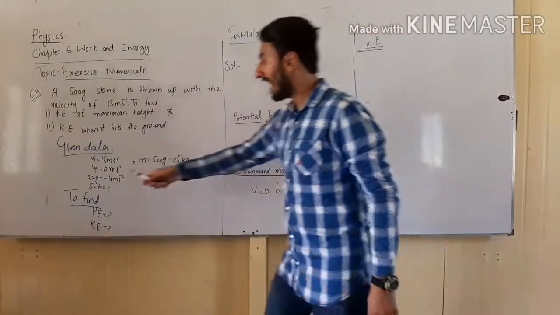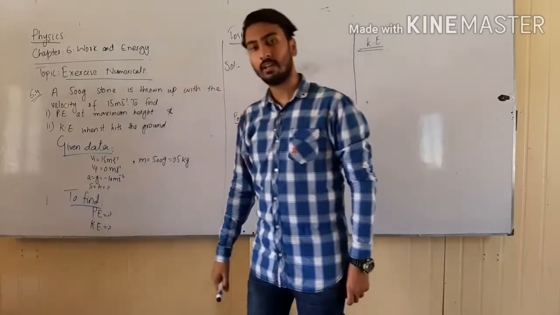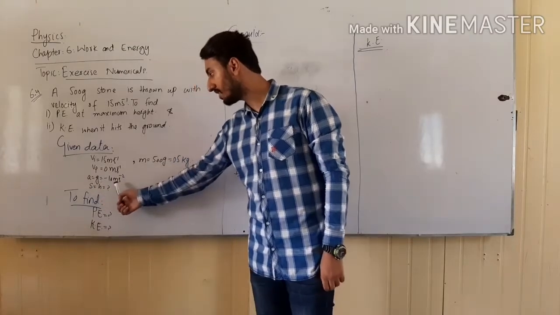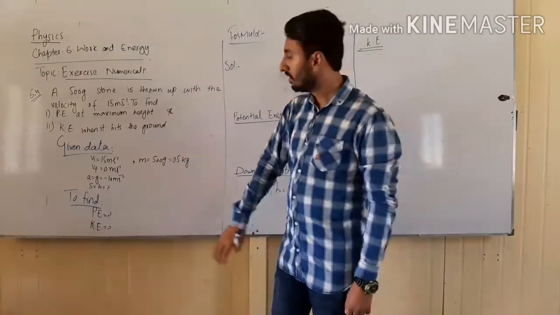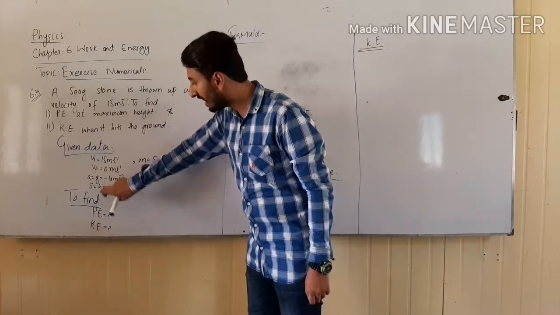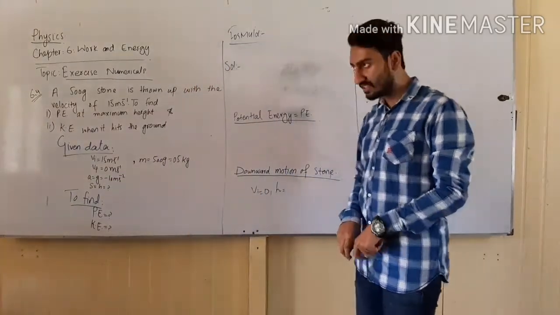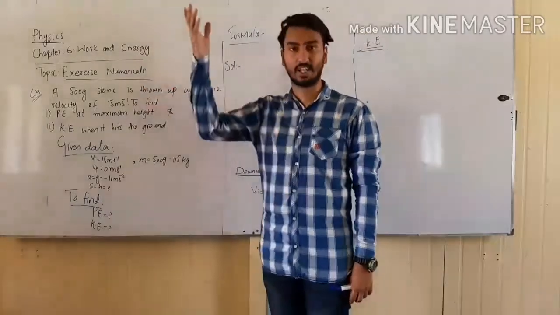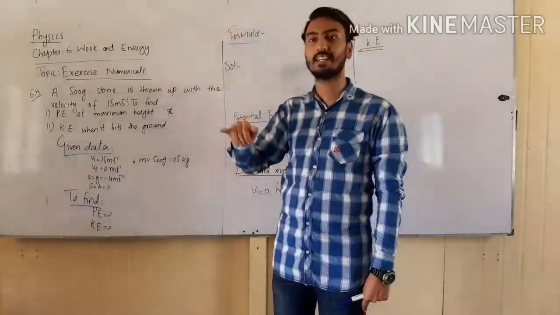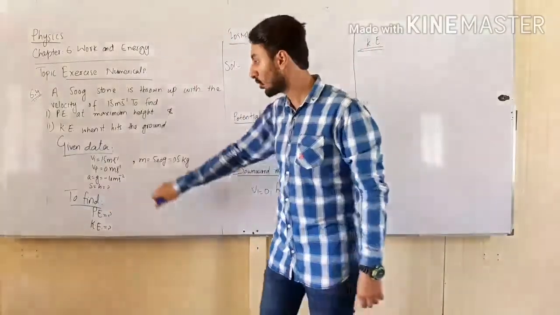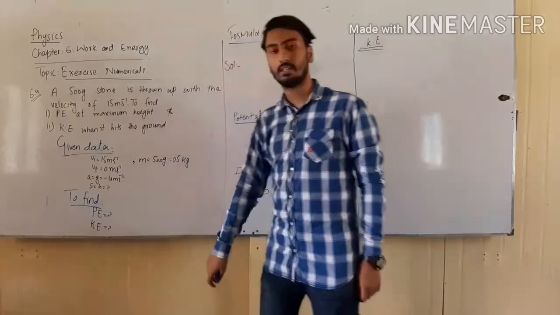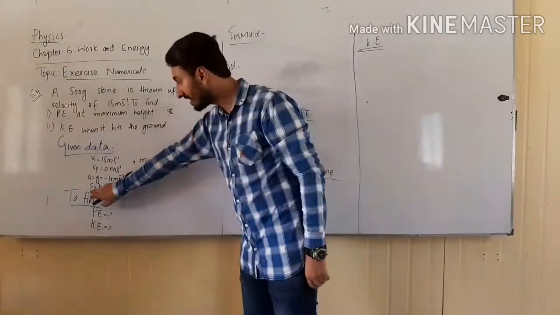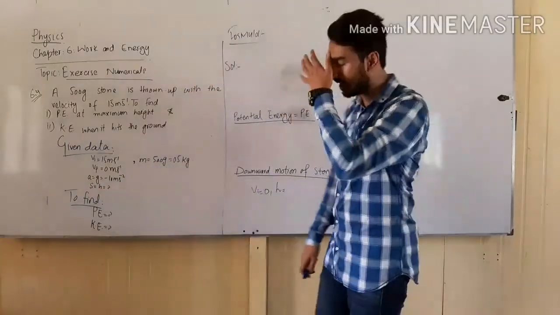So in this case acceleration is gravitational. So a is equal to small g is equal to 10 meter per second square. But I have written a negative sign with 10 meter per second square. This is because, as we know that we have thrown the stone in the upward direction, and when something is going up, it is going against the gravitational acceleration. So in this case, there is a negative sign with the value of gravitational acceleration. Height, s is equal to h. Height we have to find, it is unknown.